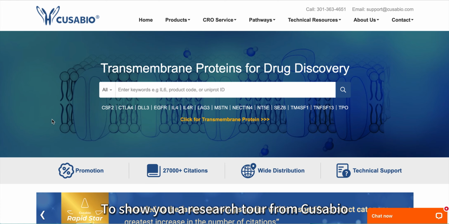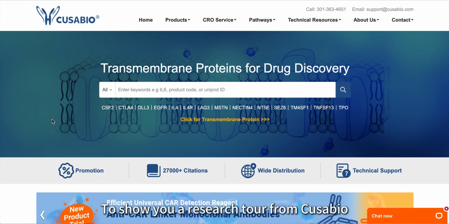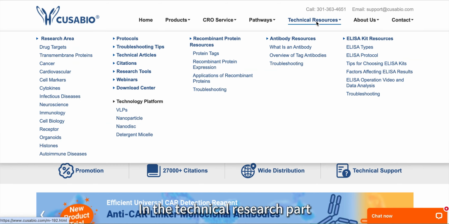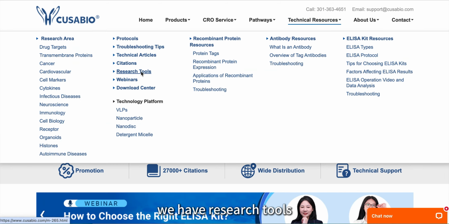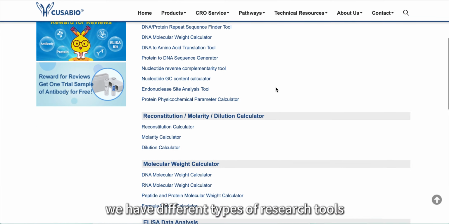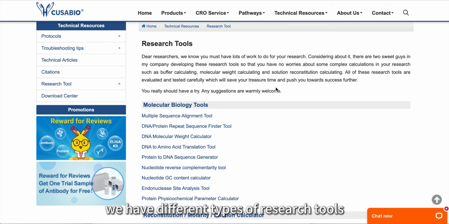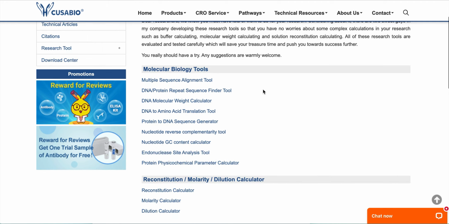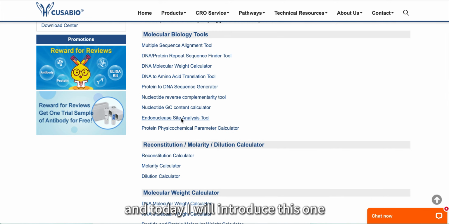To show you a research tool from CUSABIO. Here's the CUSABIO website. In the technical research part, we have research tools. In the research tool page, we have different types of research tools that can be convenient for your research. But today, I will introduce this one, the